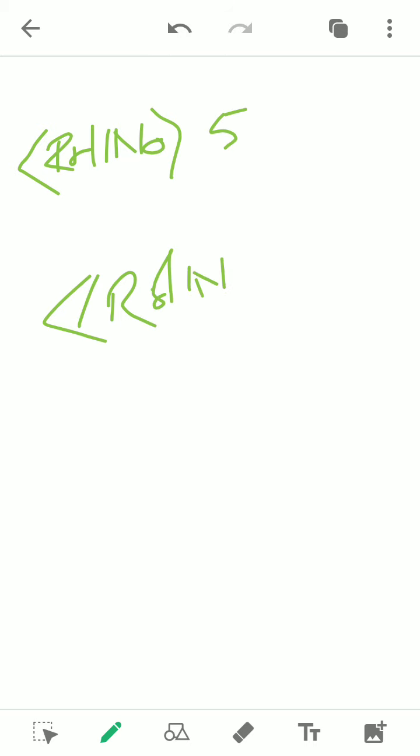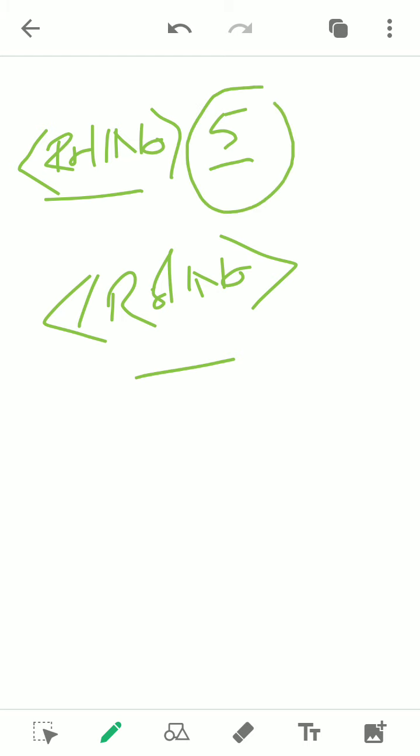Say roll number: if I take an element roll, 5, and close roll, all the letters must match. Remember, here this 5 is the content, plus the start tag and end tag. The whole part is known as an element. Now, what may an element contain? An element may contain some text or something, or letters. These are known as content. So an element may contain, you can say, content.